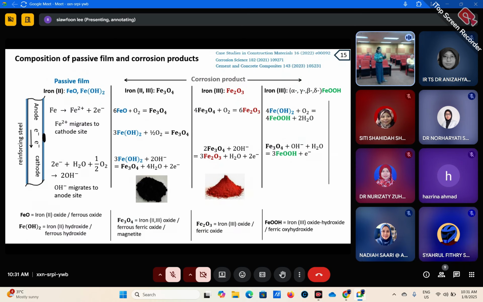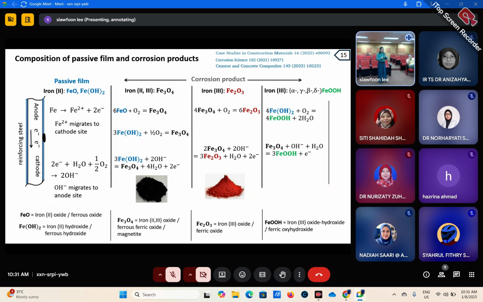But of course, like I said, with the continuous existence of oxygen or water, this passive film will develop more and more into corrosion product. And starting from here, it forms the corrosion product. So it can be Fe3O4, which is called iron oxide or magnetite, and its color is black. Okay, then they continue, and with the assistance of oxygen and water,